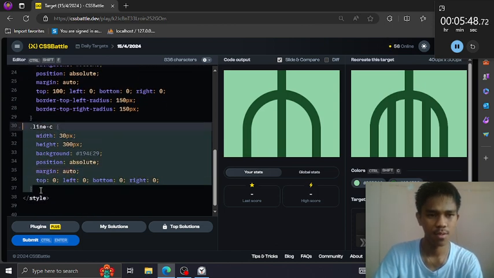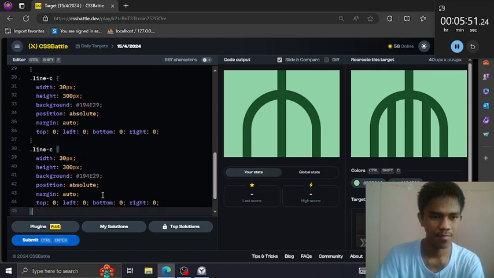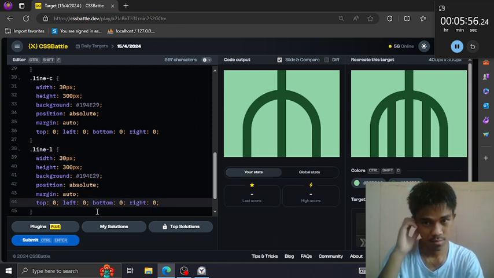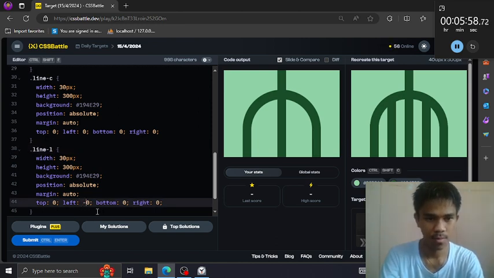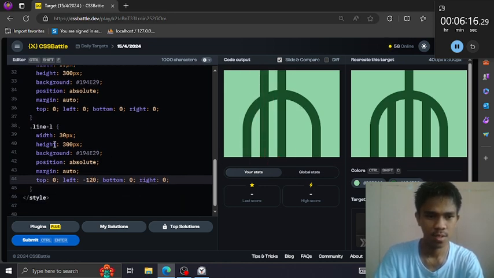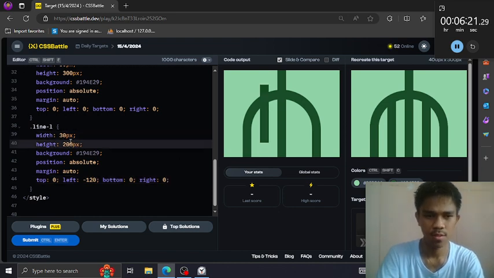Copy. Adjust the height. Push it downwards.